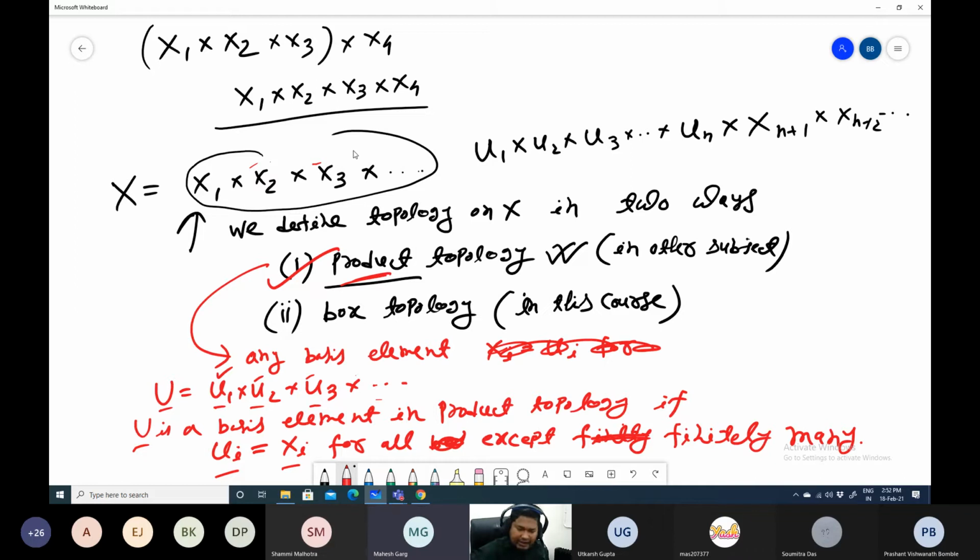Okay, and in the box topology we will not have any restriction. That means any product of open sets will be a basis element of the box topology. For an example,